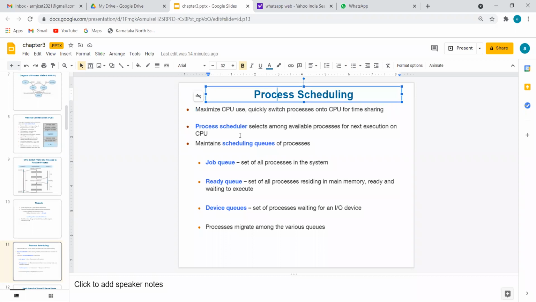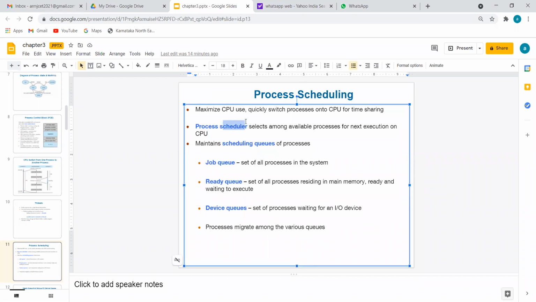So there will be a scheduler, meaning who prepares the timetable, for which process? He will tell that at this time this staff should enter the class, and immediately after this the second staff should go and engage the class, like that. That means there will be one main person who will prepare the scheduling, and according to that we have to work. Then the student will feel comfortable, the staff will also feel comfortable, and the total system will be smoother.